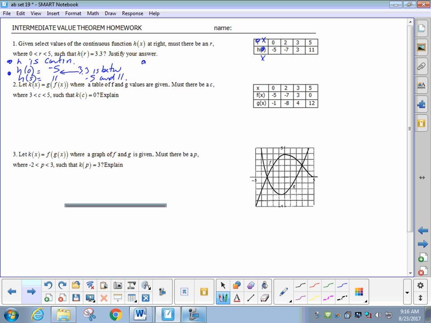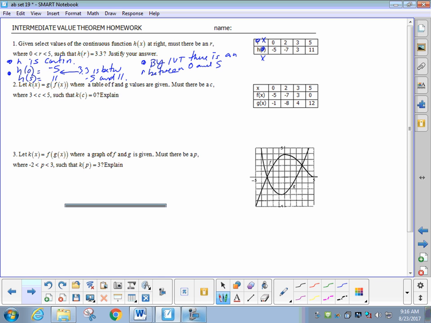So now the conclusion. By the intermediate value theorem, there must be an R between, okay, one of the issues with this, and it's kind of confusing, is R an x value or a y value? An x value. So is R between 0 and 5 or negative 5 and 11? 0 and 5. Really, all you have to do is kind of regurgitate the question and say yes, blah, blah, blah. So there is an R between 0 and 5,